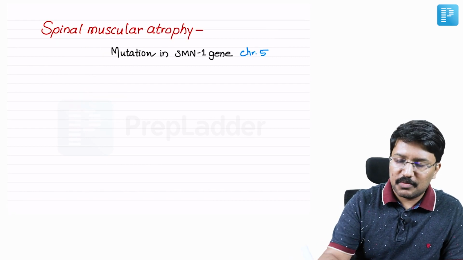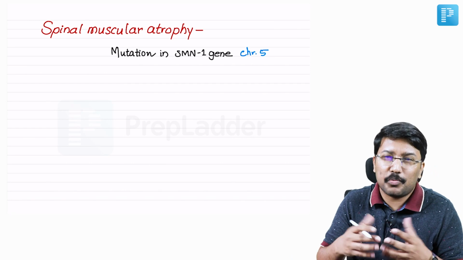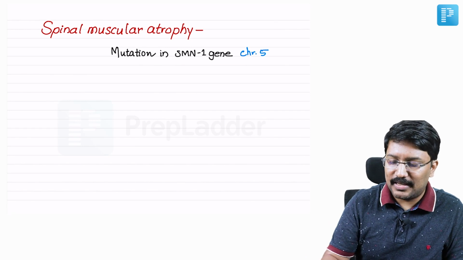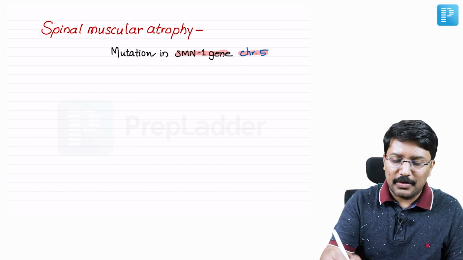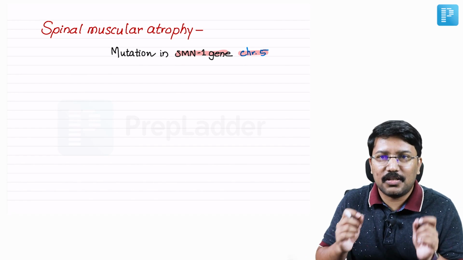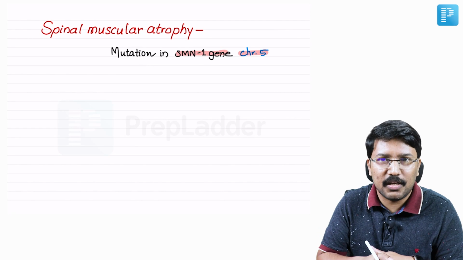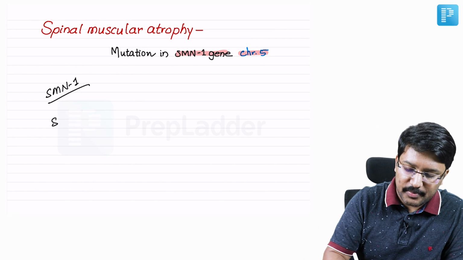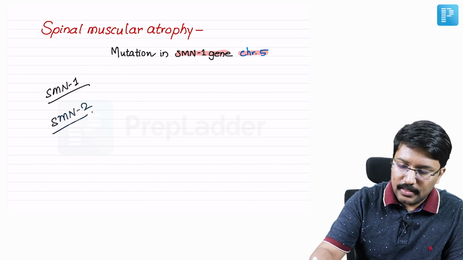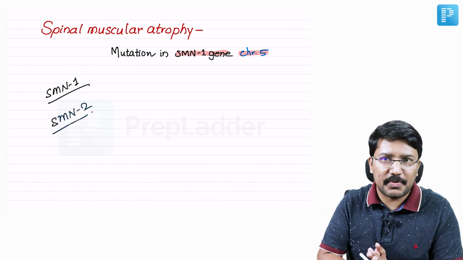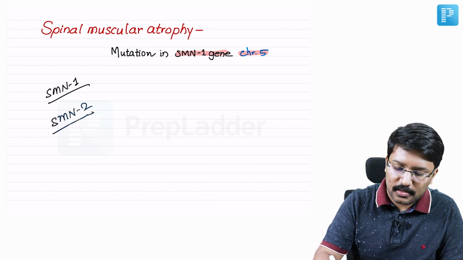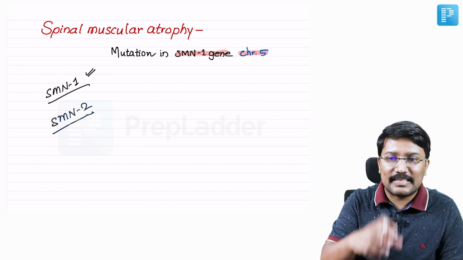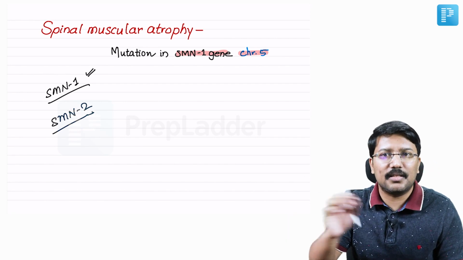I'm sure you all know about it. Now, before we move on, we will just spend a few minutes to learn a little bit about spinal muscular atrophy, primarily from the treatment perspective. We all know that spinal muscular atrophy is due to mutation in the SMN1 gene on chromosome 5. There are two similarly related, structurally similar genes which produce a structurally similar protein. The one is the SMN1 gene, right? The other one is SMN2. SMN2 produces various length peptides. So the amount of SMN2 product which is similar to SMN1 is very meager. Most of its products do not exactly look like SMN1, so they have a little variation in their sequence.